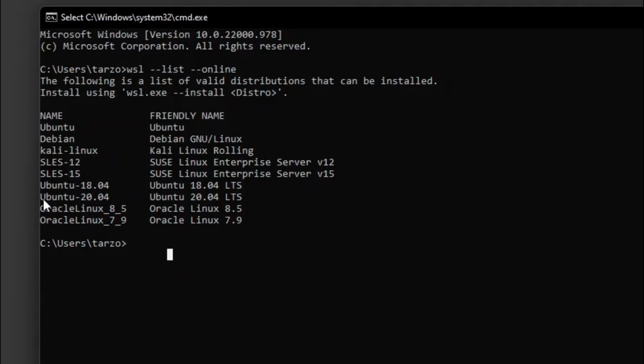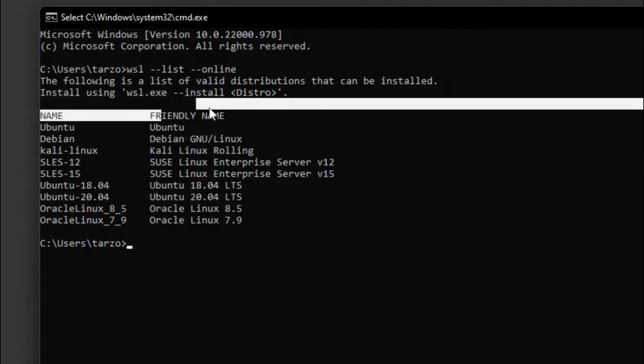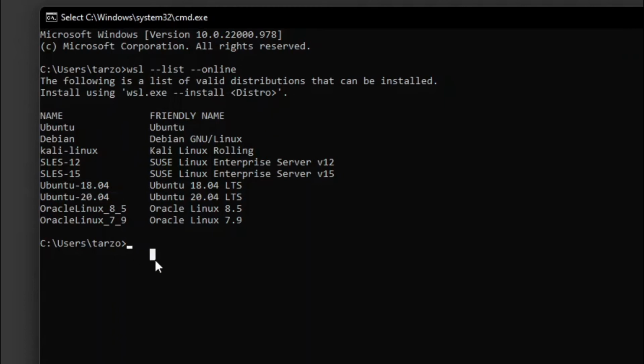We will be installing this one right here, so we need to type exactly this. The friendly name doesn't matter; that's the name known on the website, and this is the name that you need to type to install it. So let's install that one. Let's go WSL double dash install, and then we type